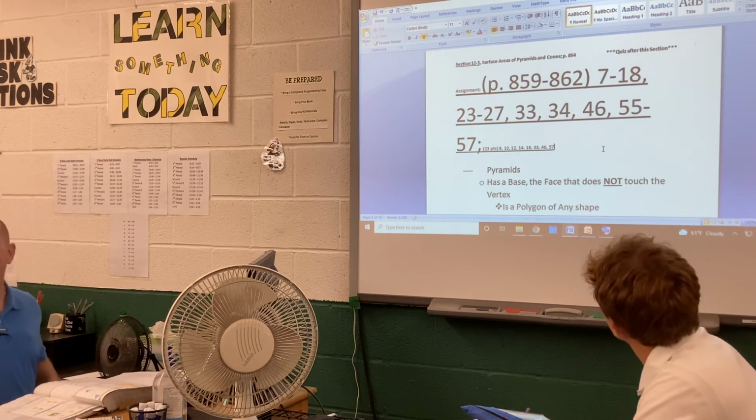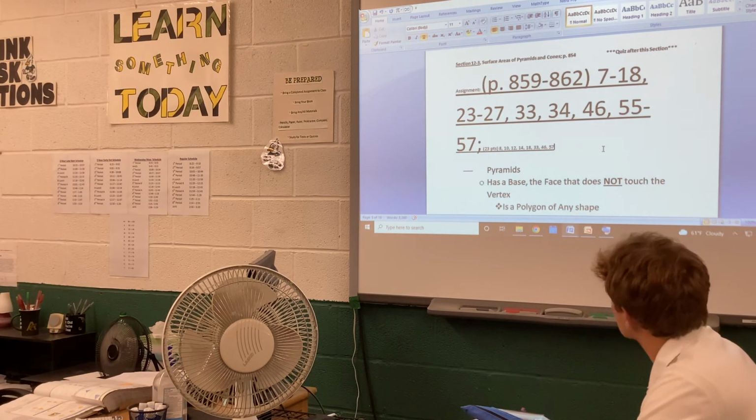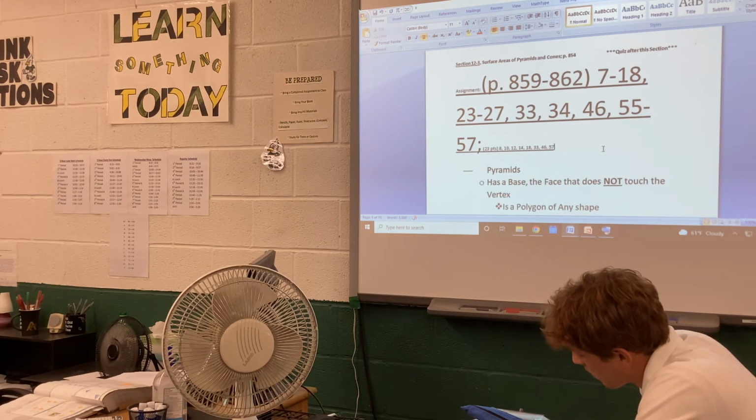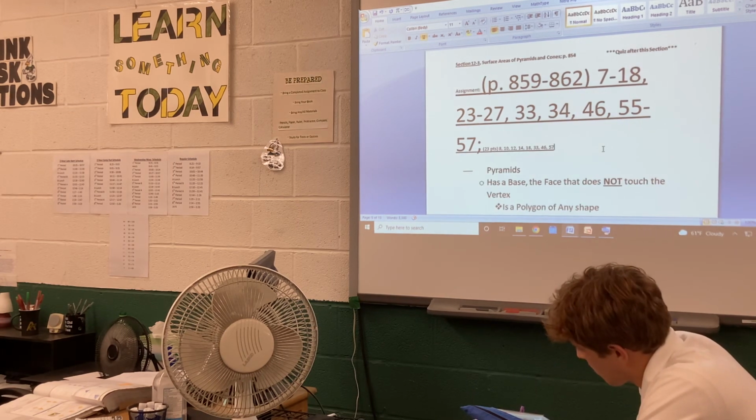So yes, on page 858, there's a really nice chart of all of the things. And this is something that, honestly, if you want to study things, this is where I would start studying, is by putting some time and effort